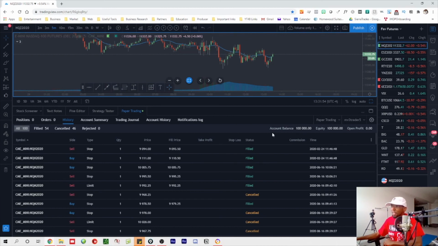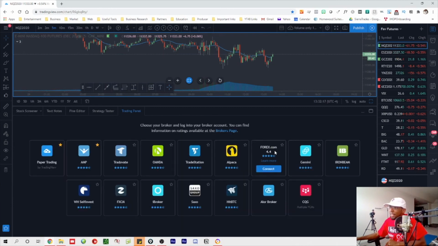So the last thing I'm going to show with this video, before I make this video five hours long, is how from here you can also select your broker, or change the broker that you're logged into TradingView with. Right here you see we've got paper trading. We can click this little drop-down, and you see my favorites are sitting right here. Or I can go to the broker list, and once I click this, it logs me out of paper trading mode. Also up here, if you don't have one of these brokers and want some more information about them, you can click on this brokers page,